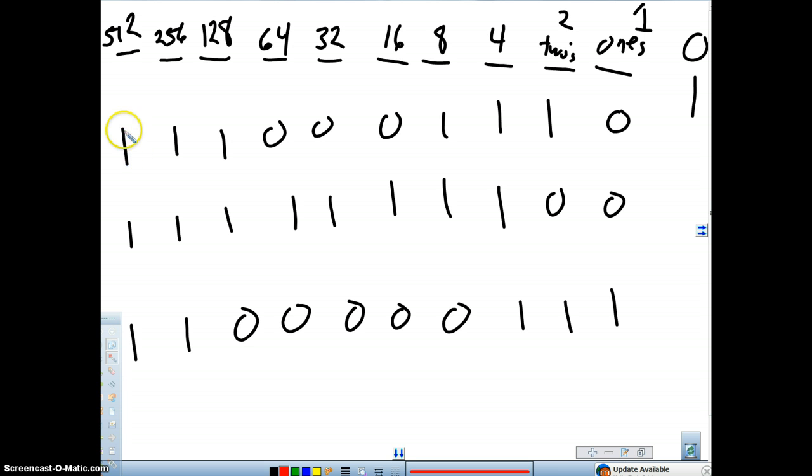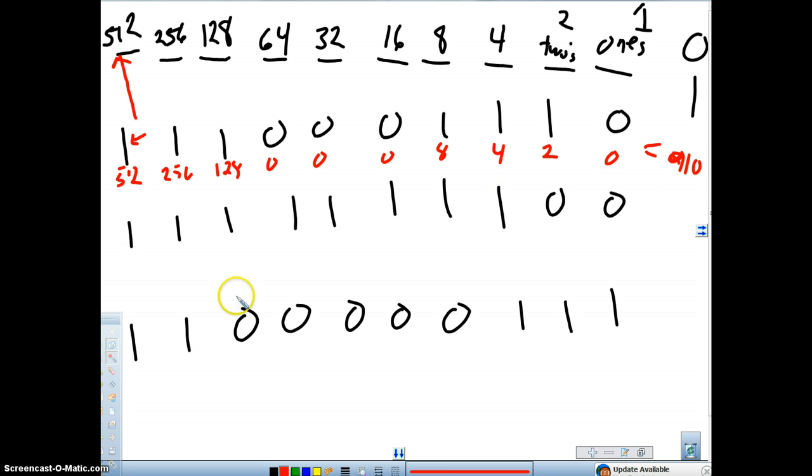What you do is you take this number right here and multiply it by this number up here, which is what? What is 1 times 512? What's 1 times 256? 1 times 128? 0. 0 times that's 0. 1 times 8 is 8. 1 times 4 is 4. 1 times 2 is 2. 0 times 1 is 0. Now you add all these numbers up. And that's going to give you what, Bones? What is it? 910? Okay, so Kelby,